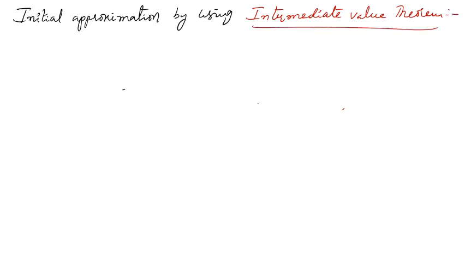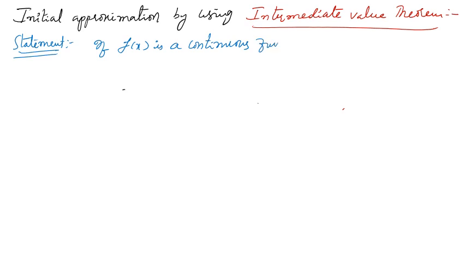Okay, what is the statement here? The intermediate value theorem statement is, you must remember this statement: if f of x is a continuous function, which means the function is defined everywhere, continuous on the closed interval a comma b, it is defined everywhere on the closed interval a comma b, and